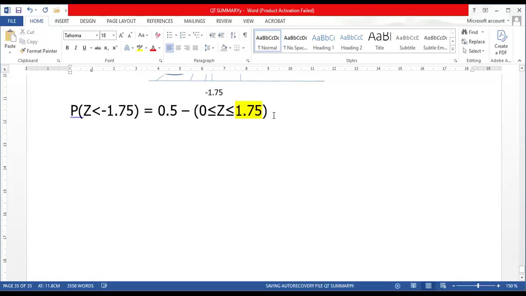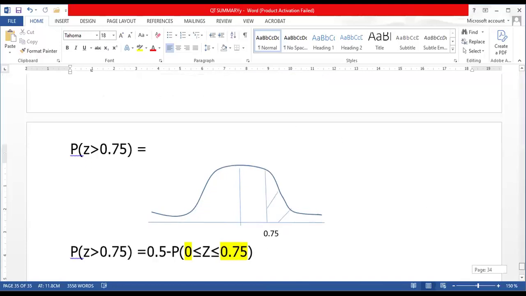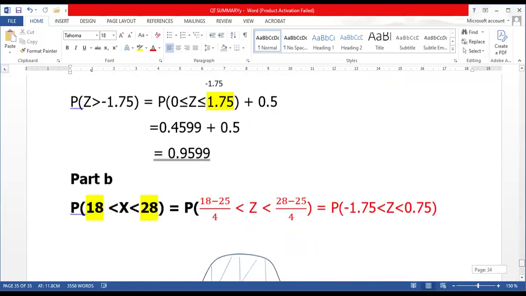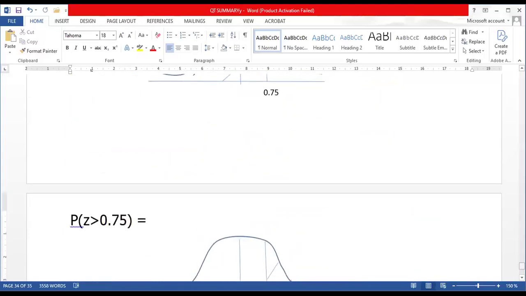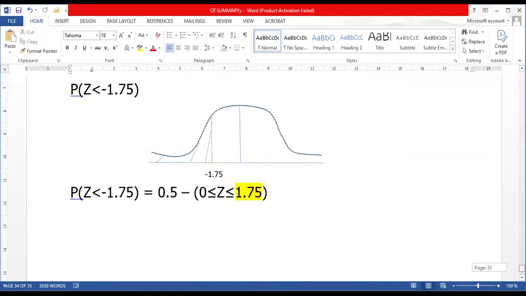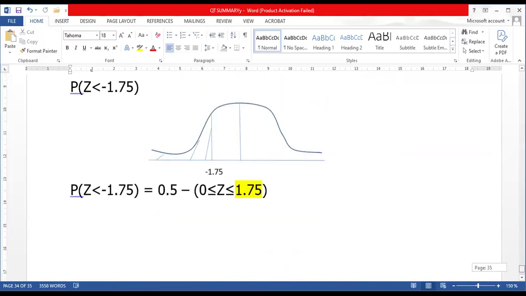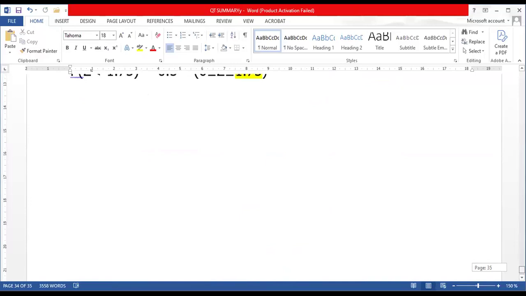That's how you get it. So please, if I were you, I would note all these things because I have highlighted all areas regarding whether negative, whether positive. That's how you will always deal with these things. Then another thing that I want to highlight on this part, if you are dealing